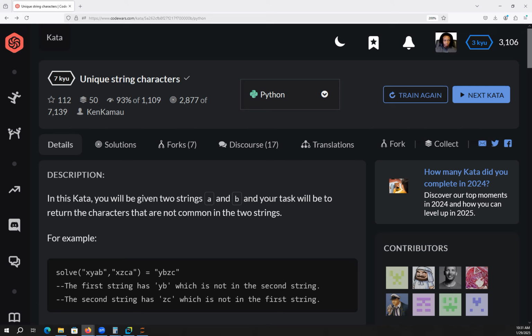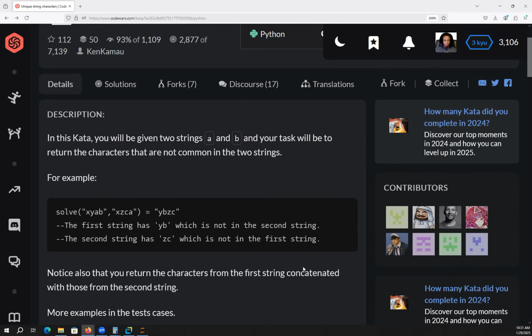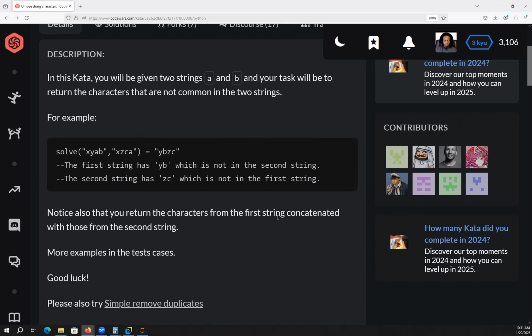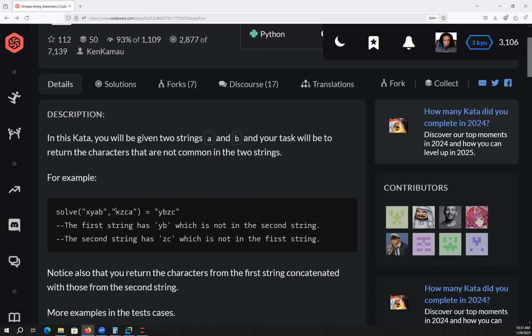What is this? Back with a Codewars exercise. Probably tired of hearing this, but yeah, Codewars exercise, unique string characters, Python. Let's go. With this one, you're going to be given two strings, A and B, and your task is going to be to return the characters that are not common in the two strings. My interpretation here is that you're given two strings, you're returning the characters that